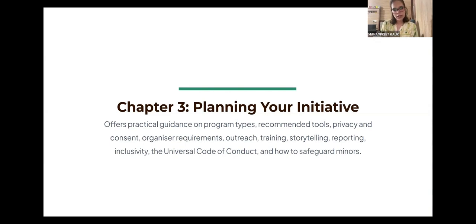And that's why in the next few slides, we'll be talking about different approaches that we can use when we are planning these initiatives. How can we derive learnings from the work that we are doing? What kind of tools and resources are available to us? And when we are organizing initiatives, it becomes our responsibility that everyone who's participating is able to do it well, in a way where it is a safe and inclusive space for everyone. So we'll be touching a bit on those aspects of organizing activities as well. Next slide, please.